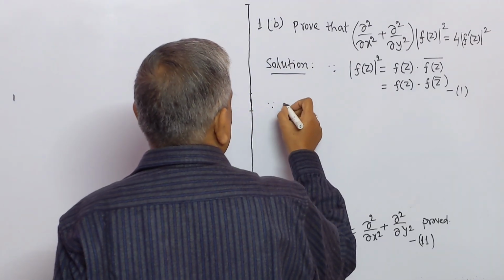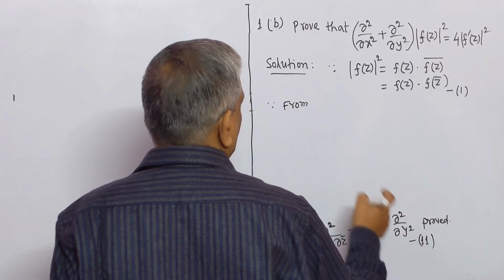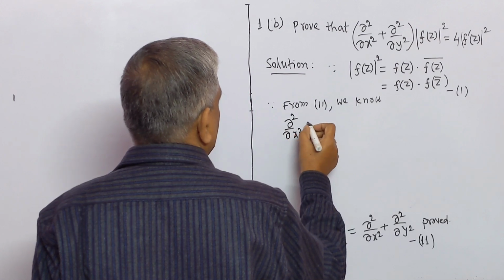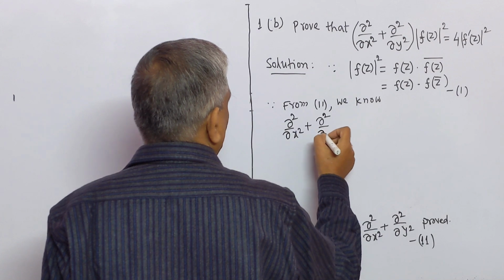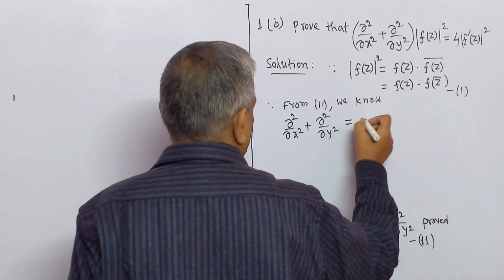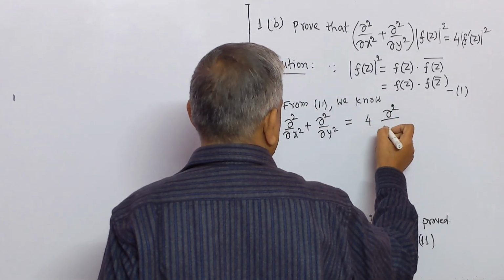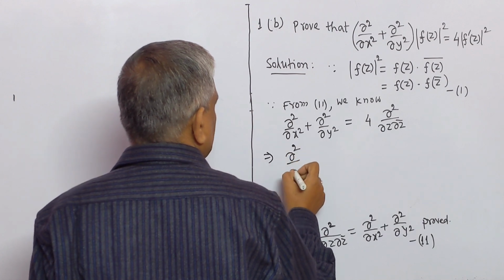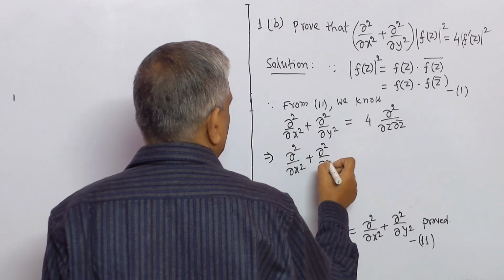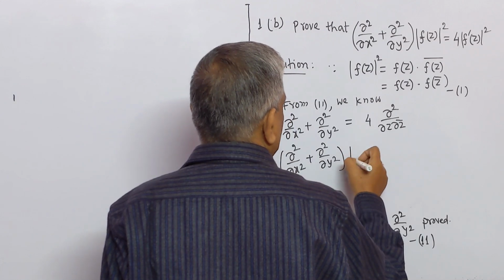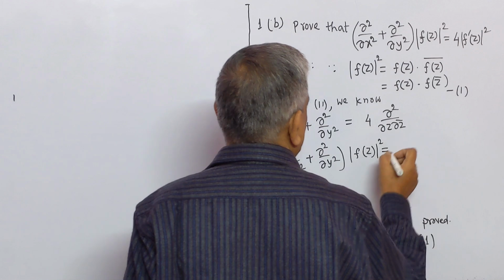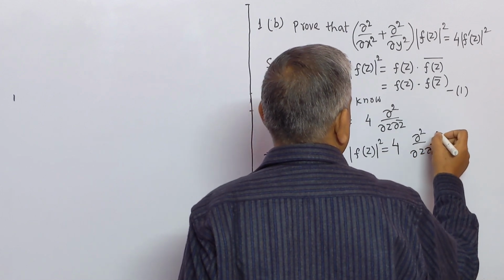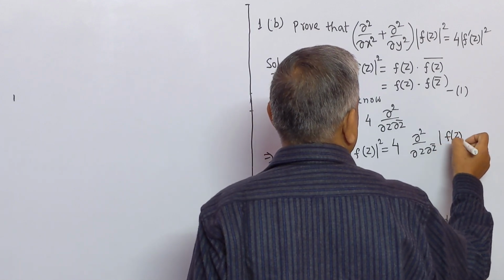Since from 11 previous problem we know second order partial derivative with respect to x plus second order partial derivative with respect to y equal to 4 second order partial derivative with respect to z and z bar, implies that del 2 by del x square plus del 2 by del y square modulus of f z square equal to 4 del 2 by del z del z bar modulus of f z square,